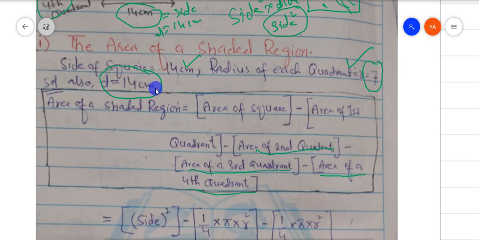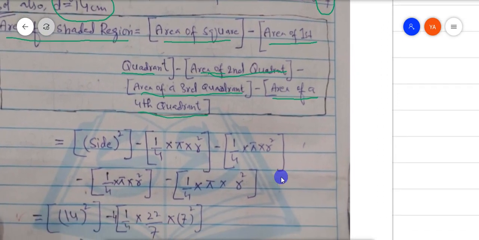तो फार्मूला हमारे पास बनेगा, ओवरऑल एरिया ऑफ ए शेडेड रीजन इज इक्वल टू द एरिया ऑफ ए स्क्वायर माइनस एरिया ऑफ ए फर्स्ट क्वाड्रेंट माइनस एरिया ऑफ ए सेकंड क्वाड्रेंट, एरिया ऑफ ए थर्ड क्वाड्रेंट एंड एरिया ऑफ ए फोर्थ क्वाड्रेंट. सो द एरिया ऑफ ए स्क्वायर, उसका फार्मूला होगा साइड स्क्वायर, और एरिया ऑफ ए फर्स्ट क्वाड्रेंट का